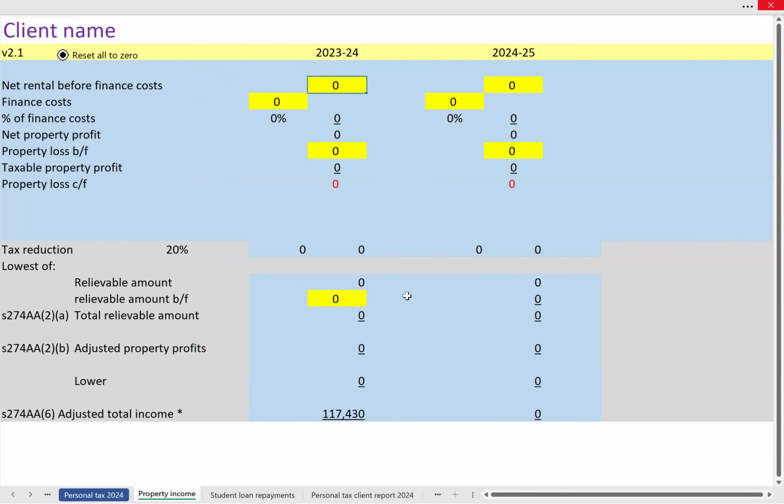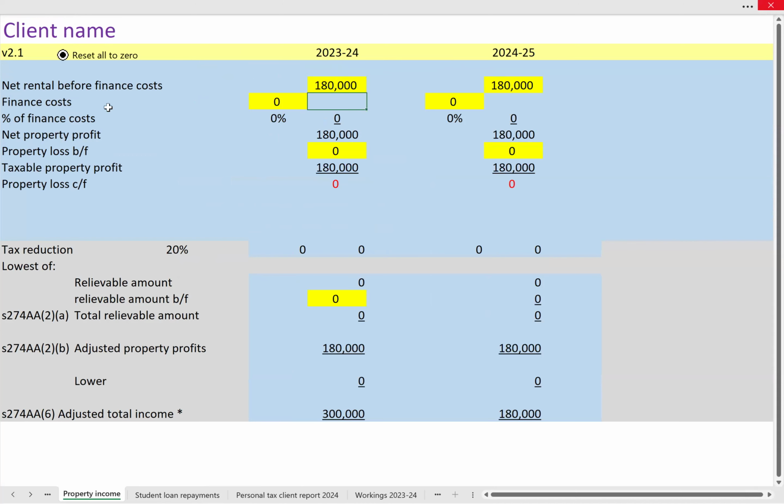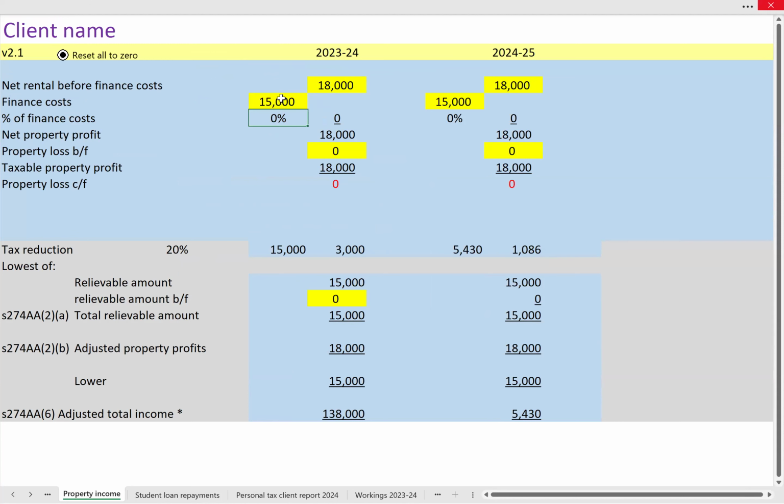The net rental before finance costs might be, let's say, £18,000. I've put in 180, so let's just change that to 18,000. And there may be finance costs of, well, let's say quite a lot, 15,000. And of course, these days, you will only get relief for the finance costs at 20%. And we can see there a tax reduction of 3,000 will be the amount that goes into the taxpayer's eventual